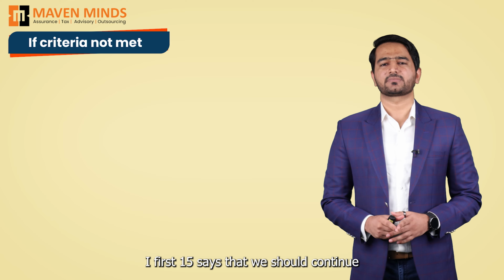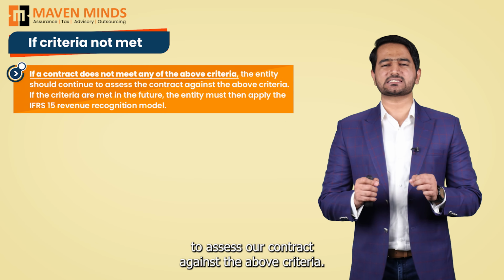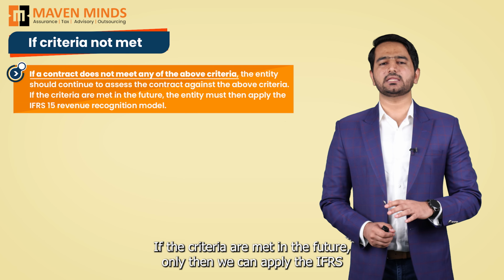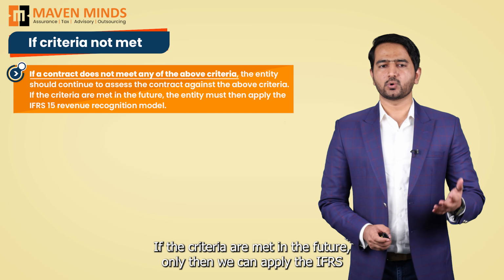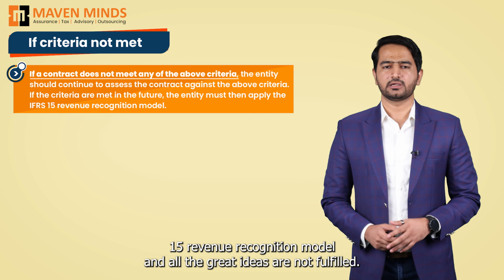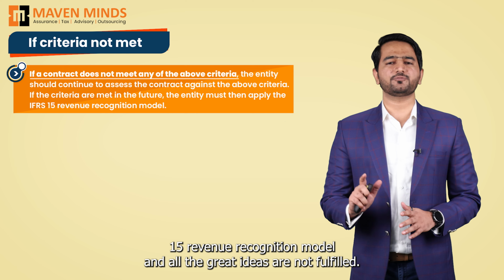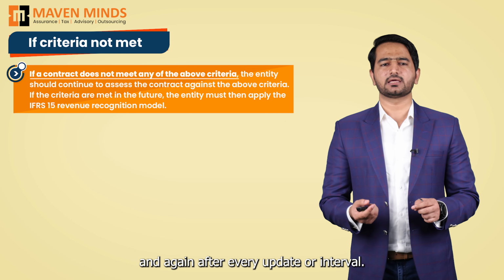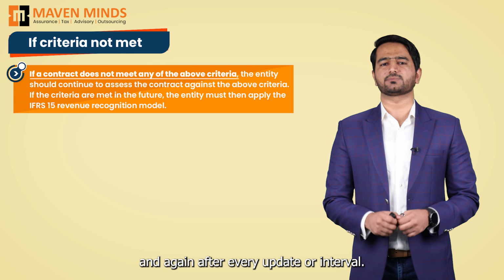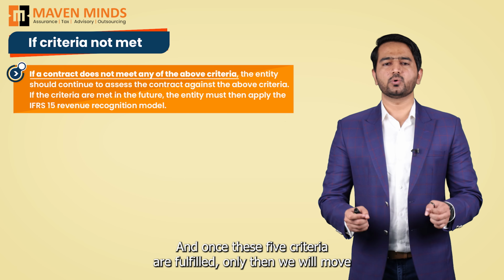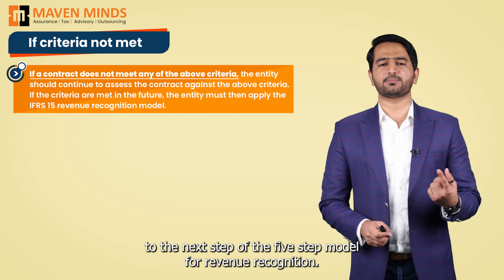In this case, IFRS 15 says that we should continue to assess our contract against the above criteria. If the criteria are met in the future, only then we can apply the IFRS 15 revenue recognition model. Till all the criteria are fulfilled, we continue to assess our contract again and again after every update or interval. And once these 5 criteria are fulfilled, only then we will move to the next step of the 5-step